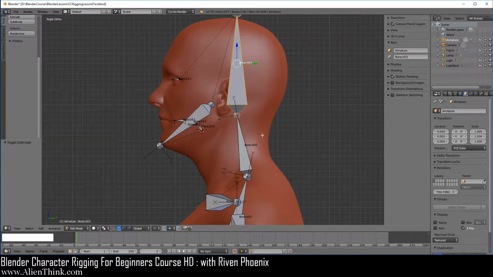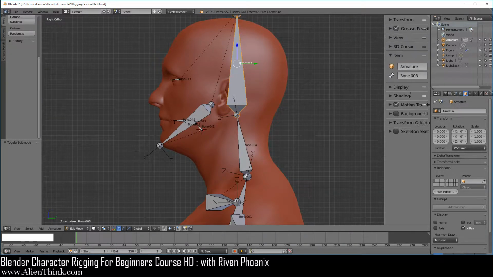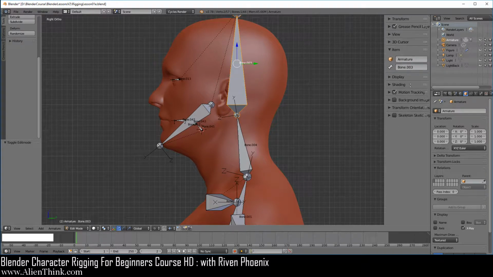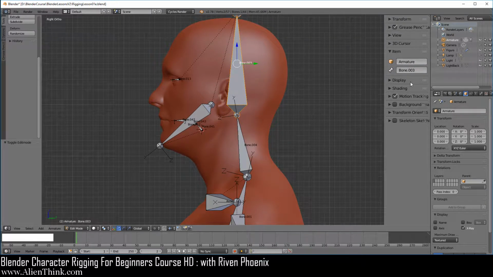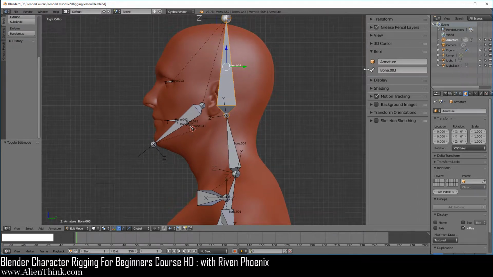Now, if you're on a high resolution screen, this is going to be difficult to see. So one thing that you can do is if you press the Control key down and hover your mouse anywhere in here and press the middle mouse button, you can actually make this bigger. You can zoom in on it to see what the name of the bone is going to be over here, and you can simply just expand this.